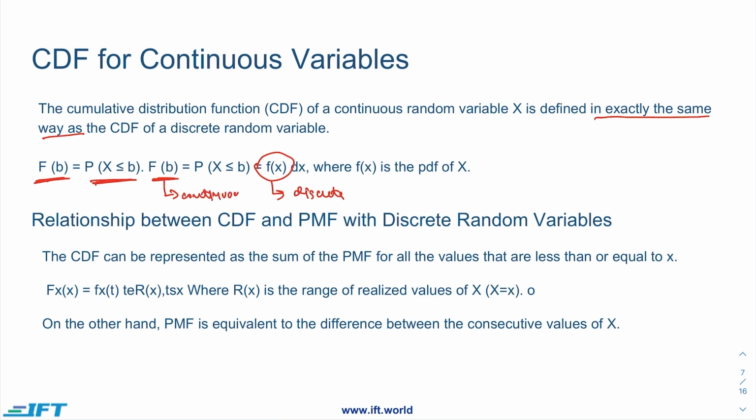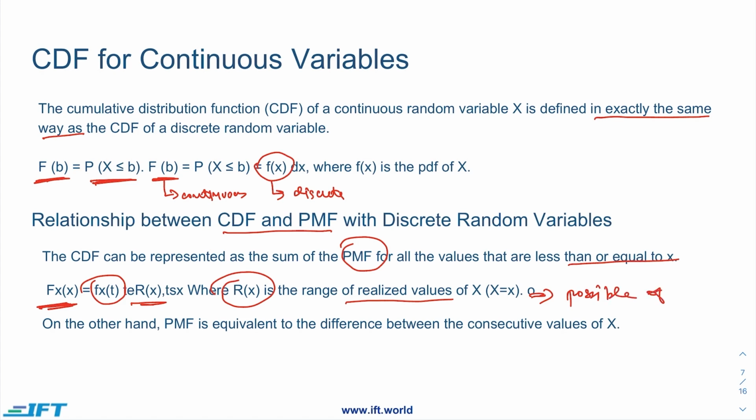both of these are the same thing. Now, if we talk about the relationship between CDF and PMF for a discrete random variable, the CDF can be represented as a sum of the PMF for all values that are less than or equal to x. We discussed this earlier in the previous example. The CDF F(x) would be equal to the sum of f(t), where t belongs to Rx, where Rx is the set of realized values. So these are all possible values of x